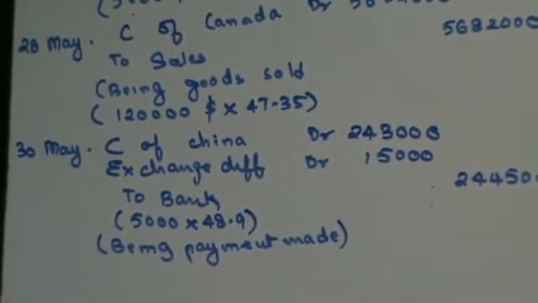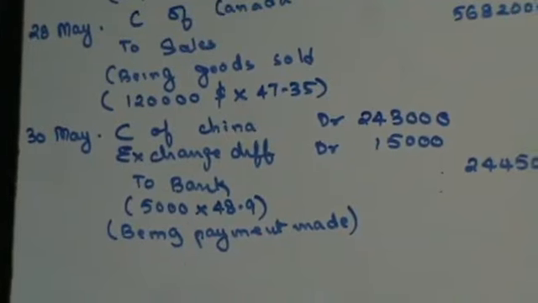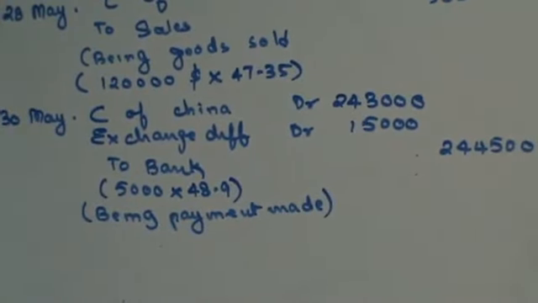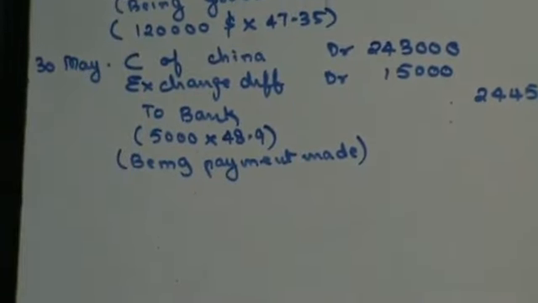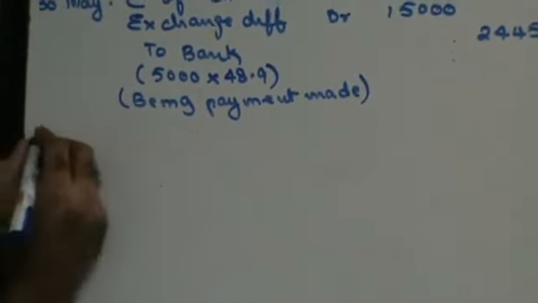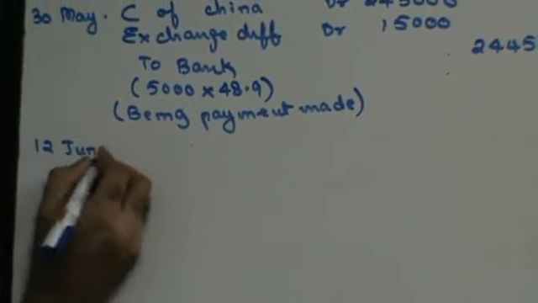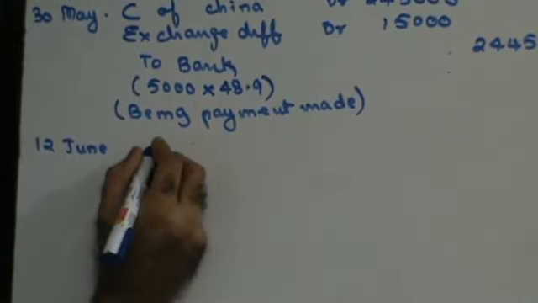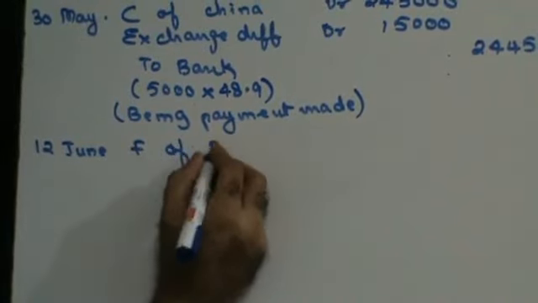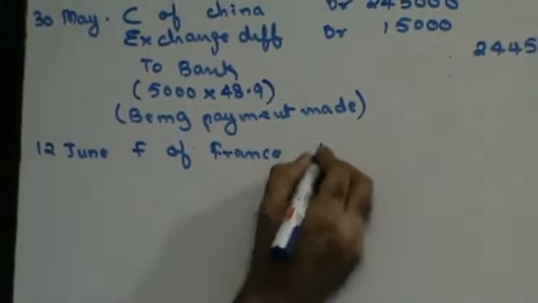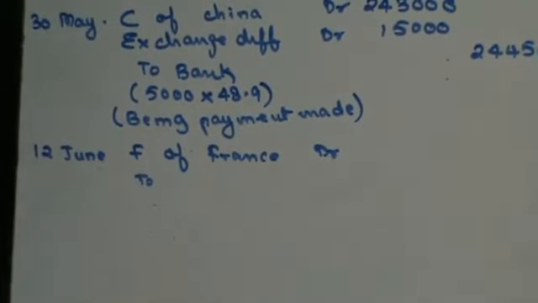Right? That was 30th May. After 30th May you have 12th June, which is F of France. On 12th June, an advance amount of $1,000 was sent to F of France. Debit the receiver. F of France is the receiver. F of France account debit to